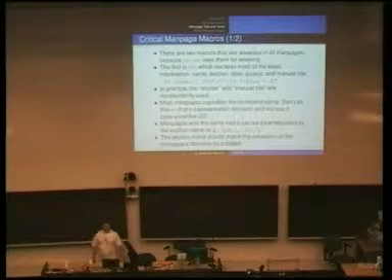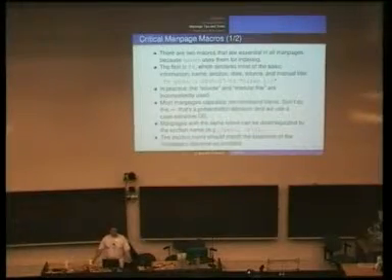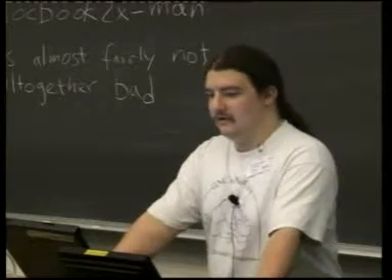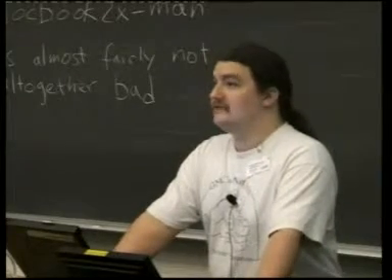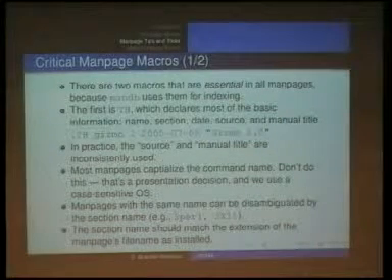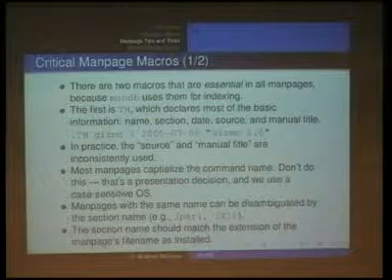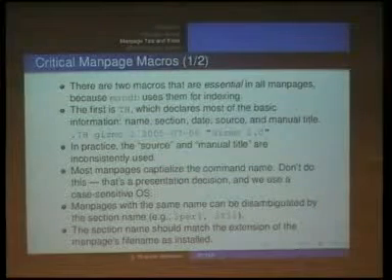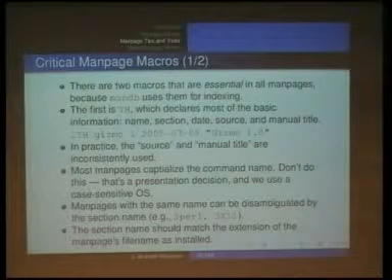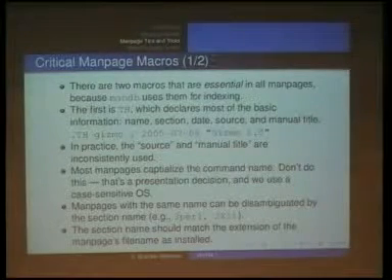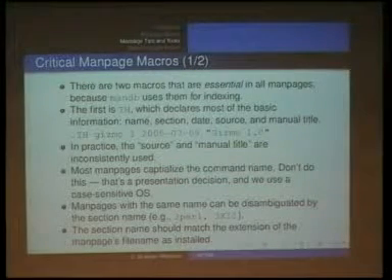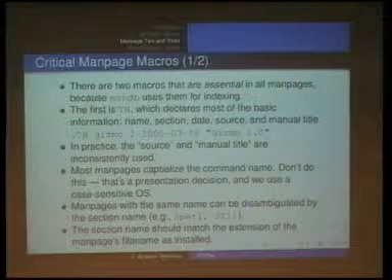Source and manual title are inconsistently used. The really important ones are the first three, and probably really just the first two arguments to the TH macro. Put the command name in there and put the section in there. Most man pages capitalize the command name. I think that's a silly convention, so again, I'm going to deviate from practice here and give you a recommendation. We have commands that switch case in the name, so it would be nice if what we're documenting actually showed what you're actually supposed to type, as opposed to something that's done up in uppercase